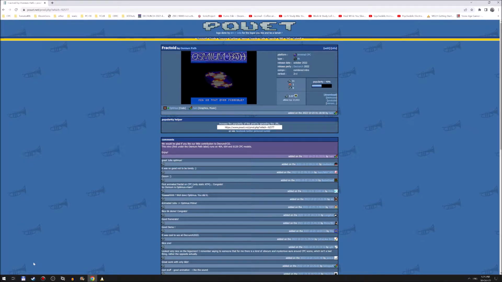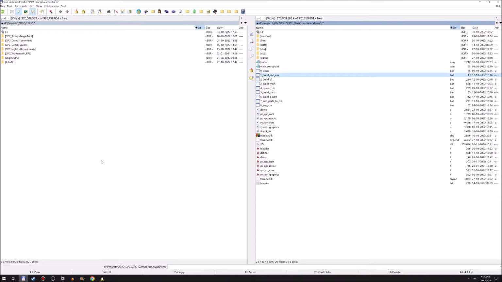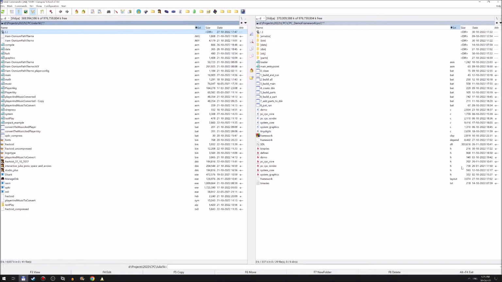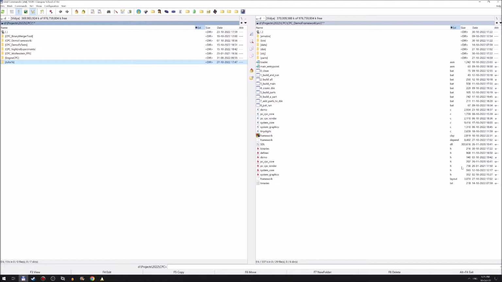Now the thing is, I originally was working with this effect on SDCC and I had a C prototype, then I started translating to assembly language, so I wasn't even planning to make an intro at the time. But then later, I thought, let's convert everything to assembly. So I converted a lot of my code and I thought it was running perfectly, but I think I messed up my